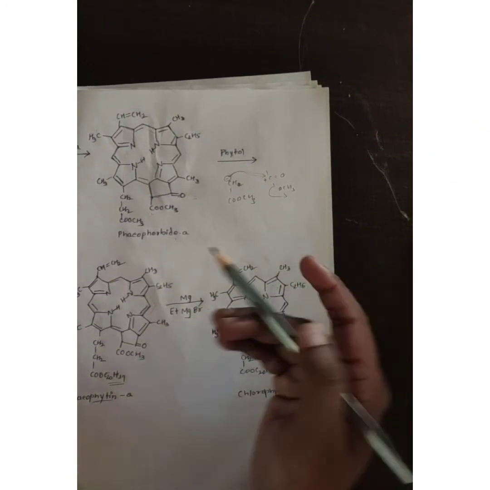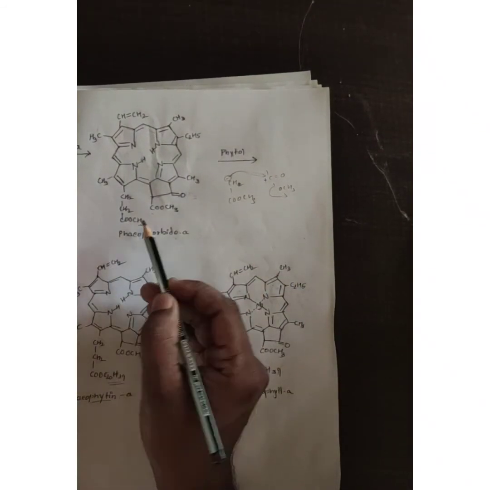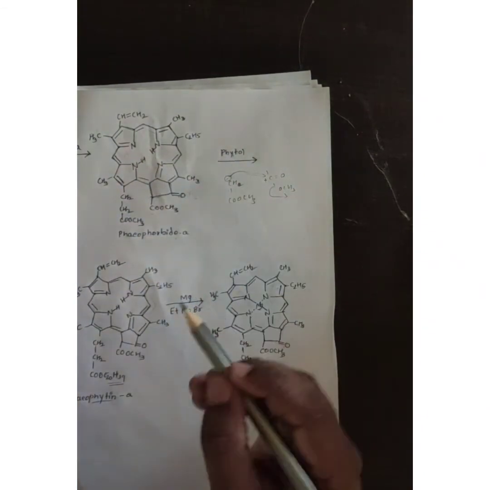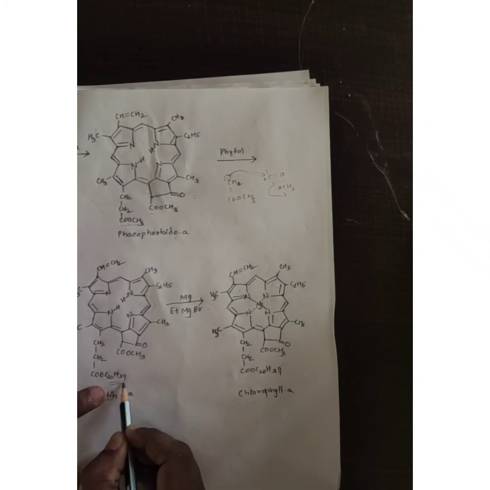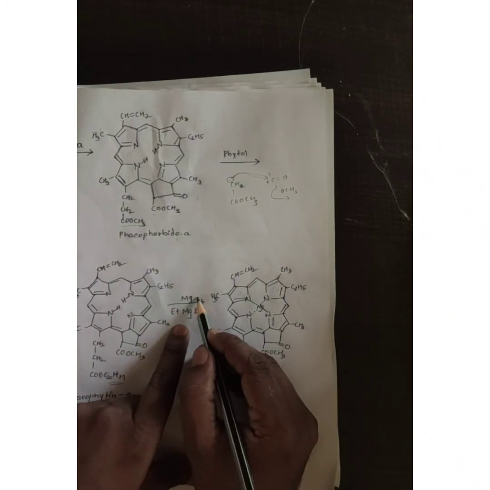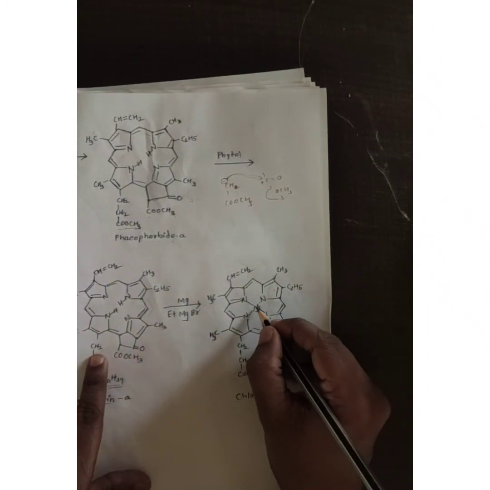To make it chlorophyll, we need to introduce phytol and we need to add magnesium to this. So when I add phytol, there is no change. Everything we keep as it is. This COOCH3 is getting converted to C=O, C20H39. This C20H39 is nothing but a phytol group. Now it is pheophytin A. Now we are just one step behind. We are going to introduce magnesium into the structure. When I introduce magnesium into the structure, we get our main structure, chlorophyll A.